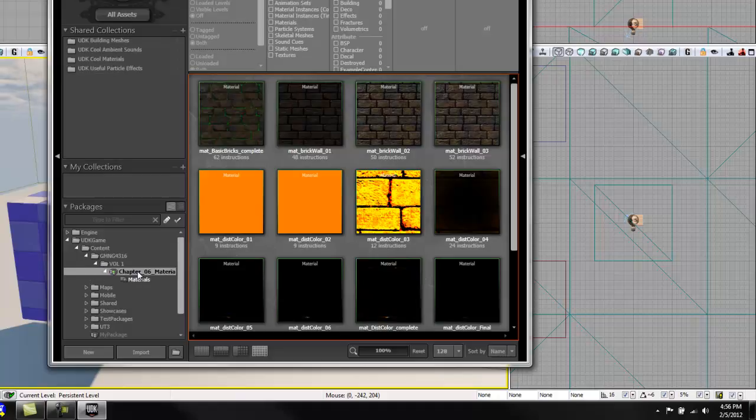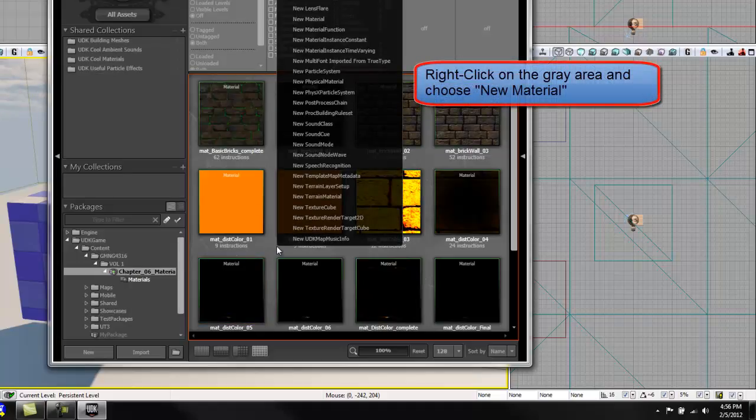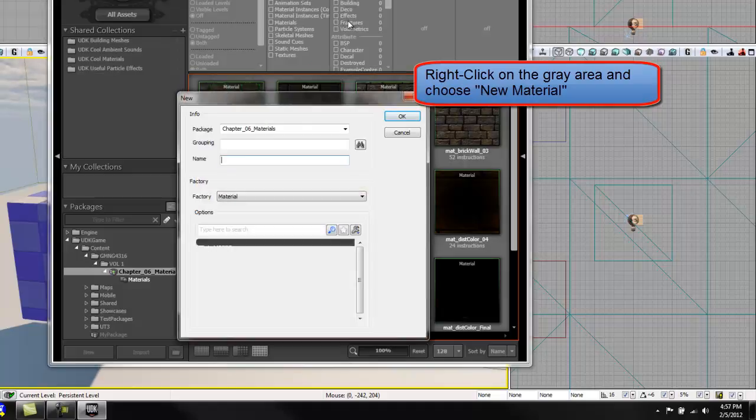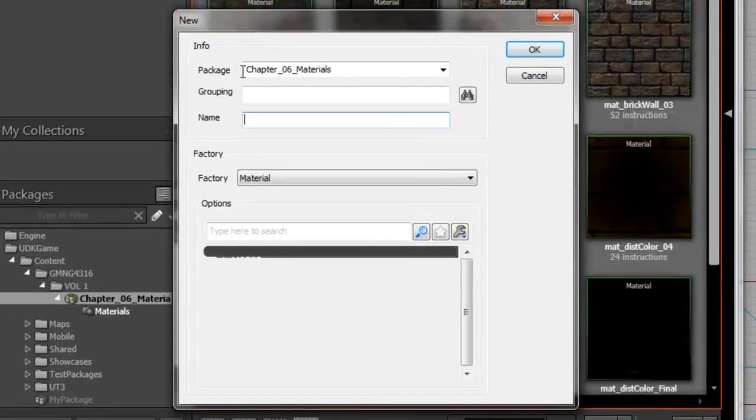So what I want you to do is to right click somewhere in the gray area and choose new material. And when you click on new material, you want to add this material in the Chapter 06 materials package. So create a new grouping and call this My Materials. And then under the name, choose